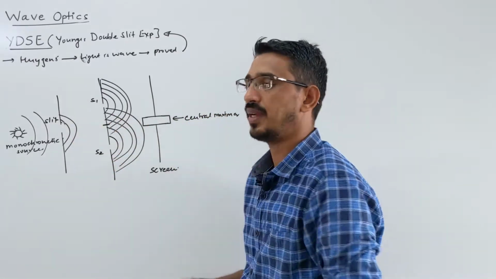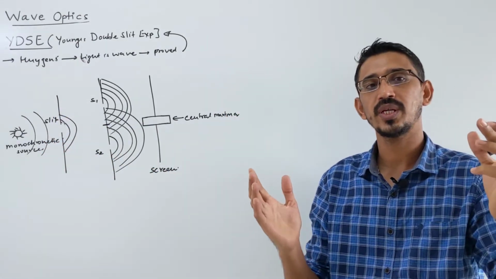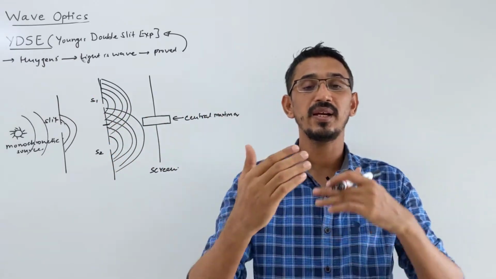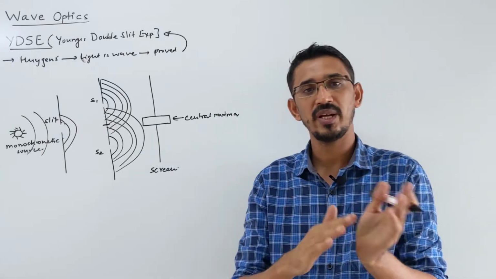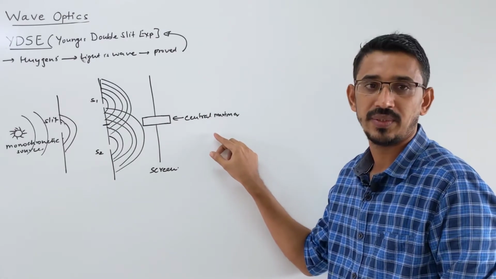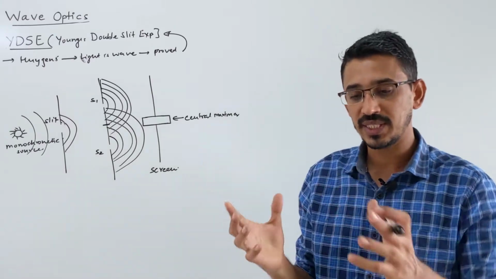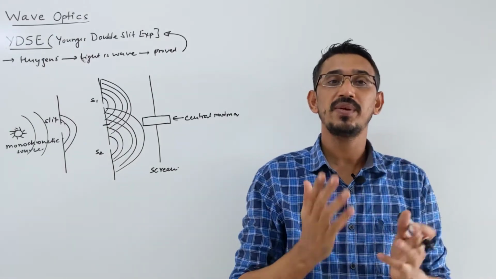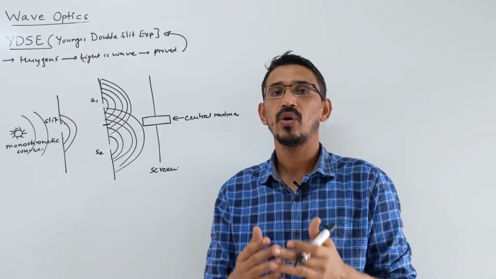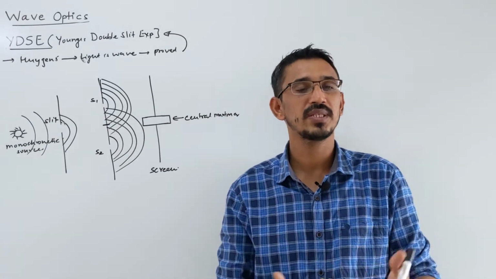When using monochromatic light, first we pass it through one single source, then we split it into two sources. So we get two monochromatic sources, then we interfere them in this region. On the screen we get alternate bright and dark bands. The central fringe is always white, or bright, and that's called the central maxima. As I already discussed, when constructive interference happens we get a bright fringe, or maxima, and when destructive interference happens we get a dark fringe, or minima.